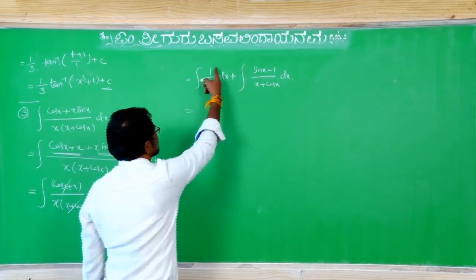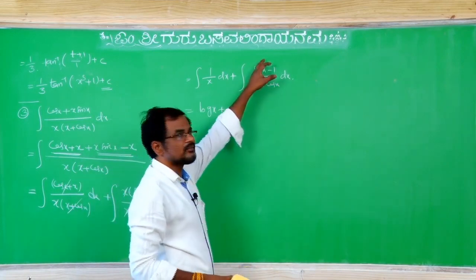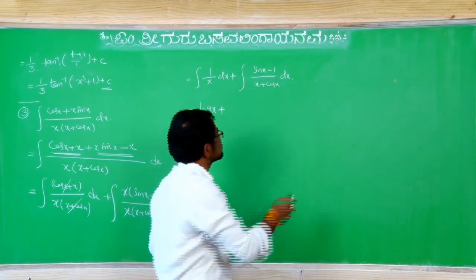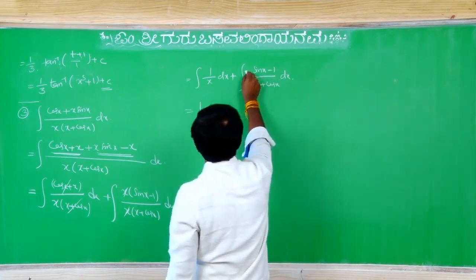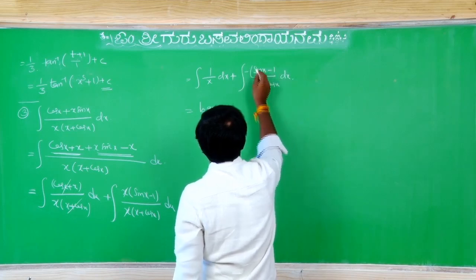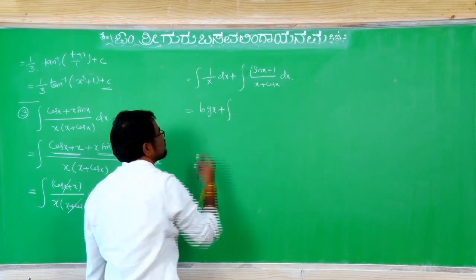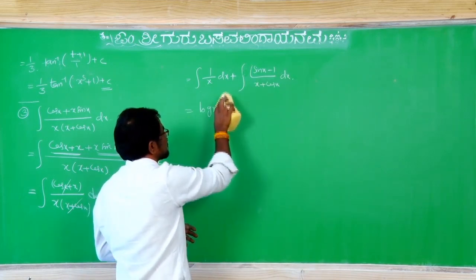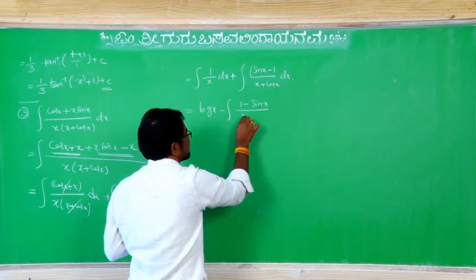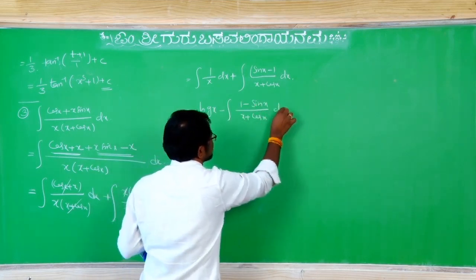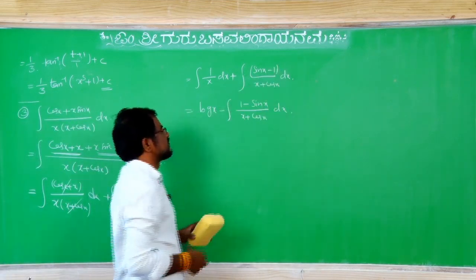Now this is the differentiation of 1 by x, which gives log x plus... It is in the form of f dash x by f of x. But here 1 is needed and here minus 1 is needed, so that's why minus. Next step, integration of... if you multiply with minus, here minus 1 minus sin x divided by x plus cos x, can you write this? If you take minus common in these two, or multiply with minus, what will you get?